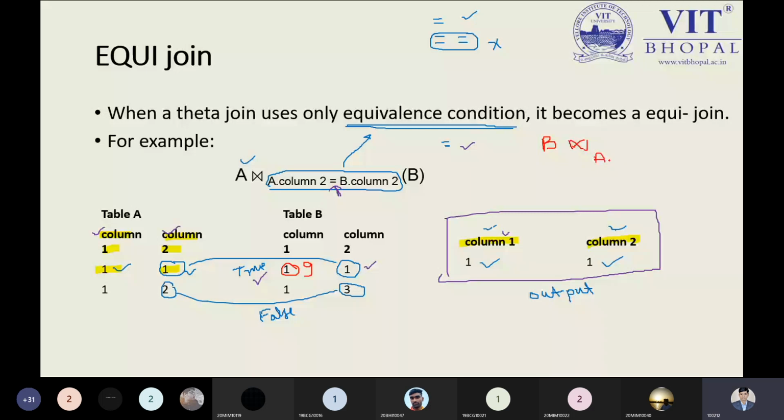Can anyone tell me what would be the result? No, I have already updated this value, from 1 to 9. No, again you are on the A2 dot. I'm just highlighting and explaining. 1 will match with this value. It is matched, so it is true.